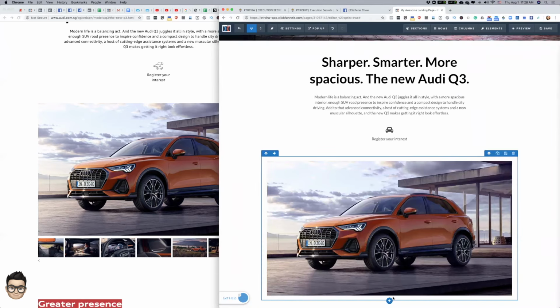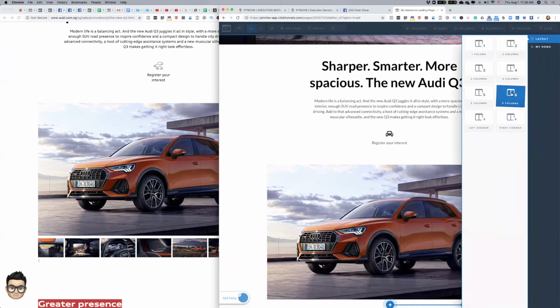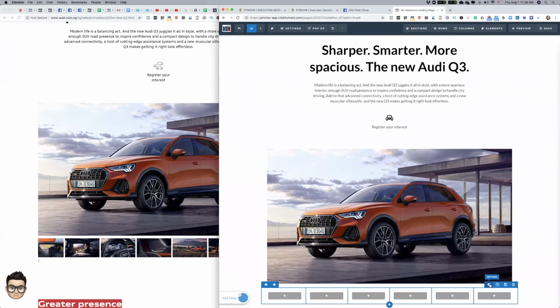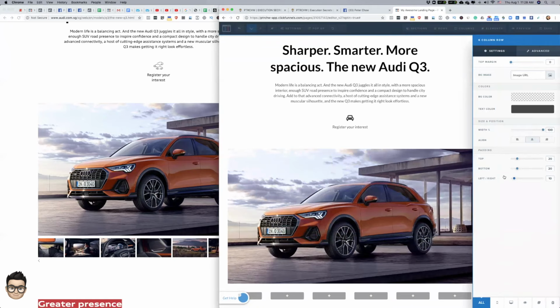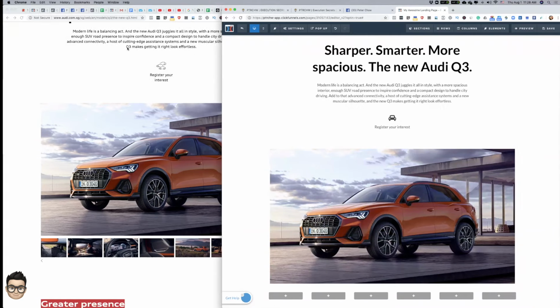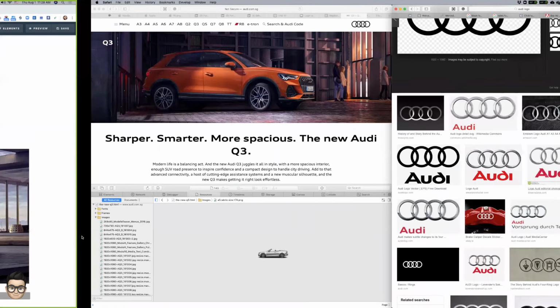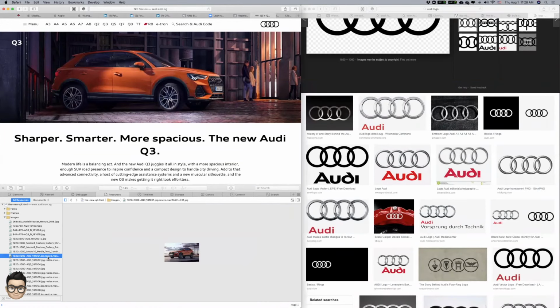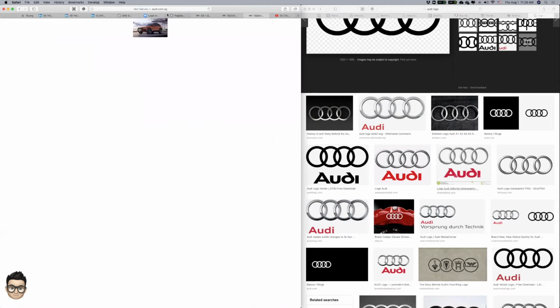Is it out? No. Let me try again. Sometimes it refuses to come out and play, so we try again. So 6 columns, right? And also the same thing, I'm going to remove the left and right padding, and now I need to go in and find 6 images, and that we do it here. 6 more images, the thumbnails. This is the first one. All right, open the new tab, copy image address, close this, come back to